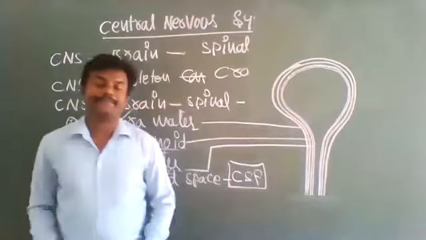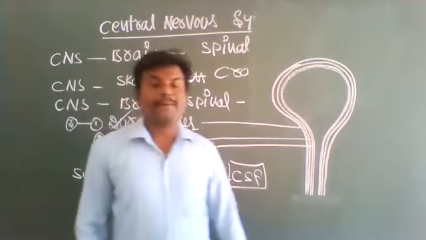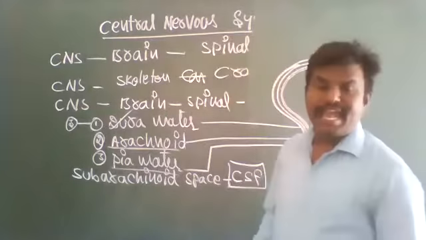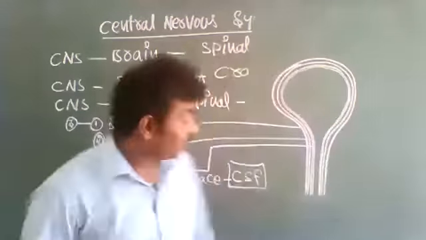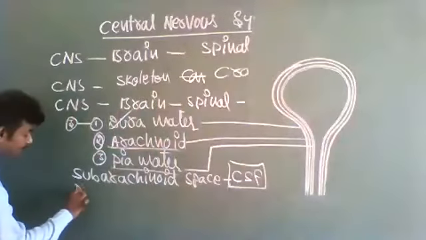Cerebrospinal fluid. The arachnoid subarachnoid space is filled with an extracellular fluid that is called cerebrospinal fluid. So this cerebrospinal fluid is present in